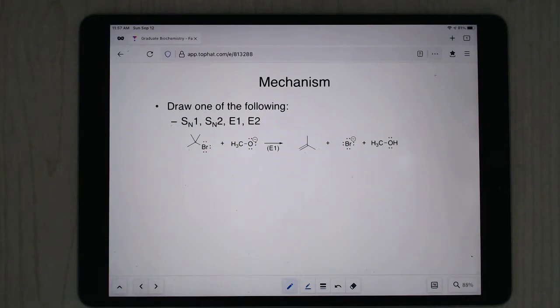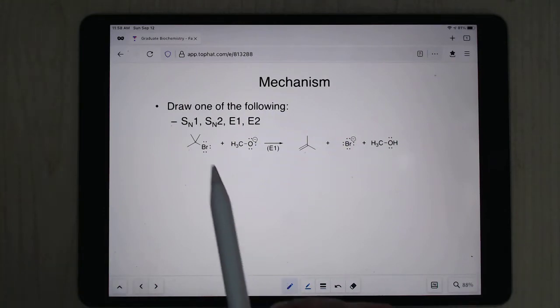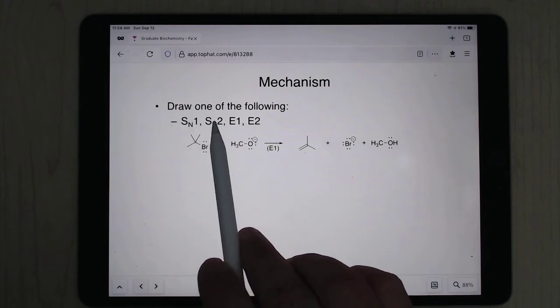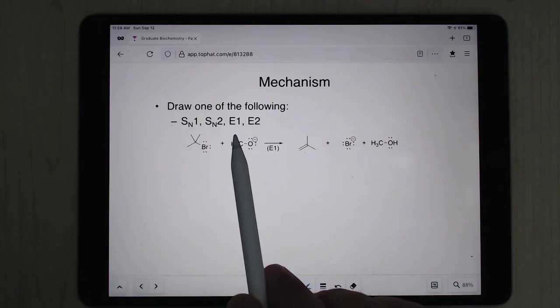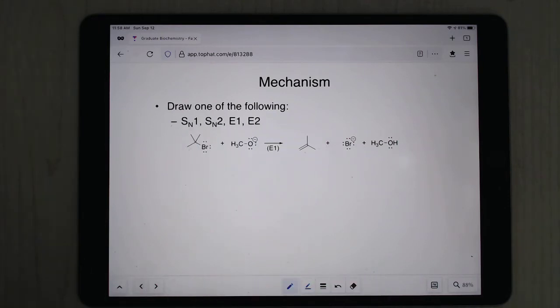So this exam is going to be on SN1, SN2, E1 and E2 reactions, as well as the reactions that add to alkenes. Okay, so you're going to have one mechanism from one of these four types. We're going to go through the E1 and the SN1 because those are typically the more difficult. And one of the things you can do is you can come in and